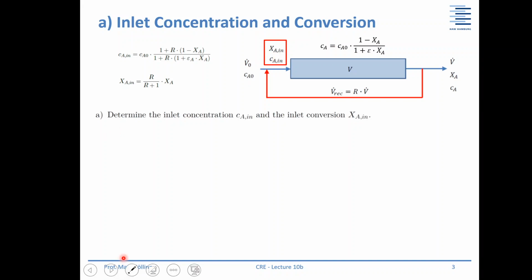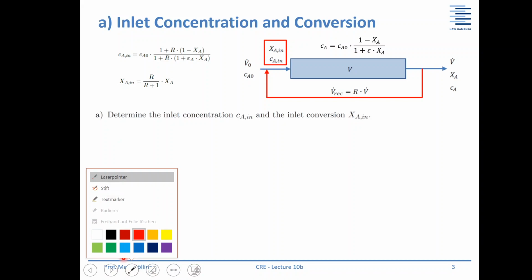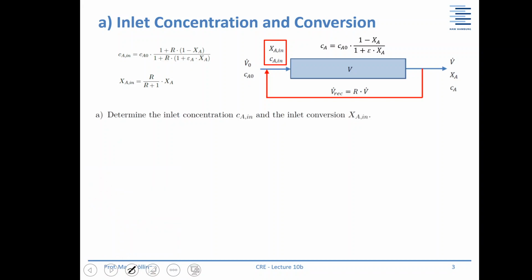Oh, it's not laser pointer, it should be smart pen. Okay, so starting concentration Ca in is, so this is first, starting concentration 20 kilomoles per cubic meter